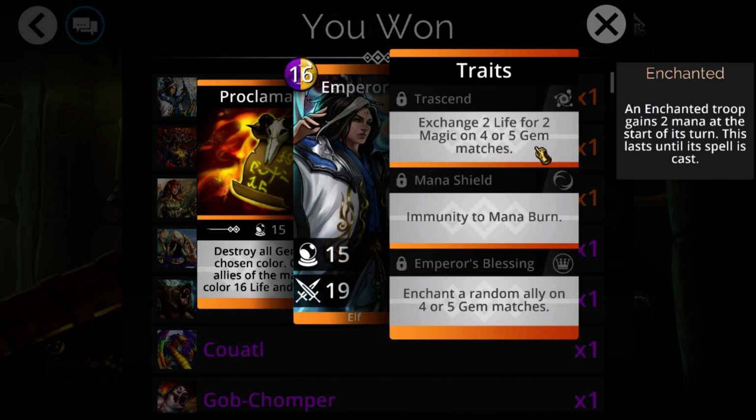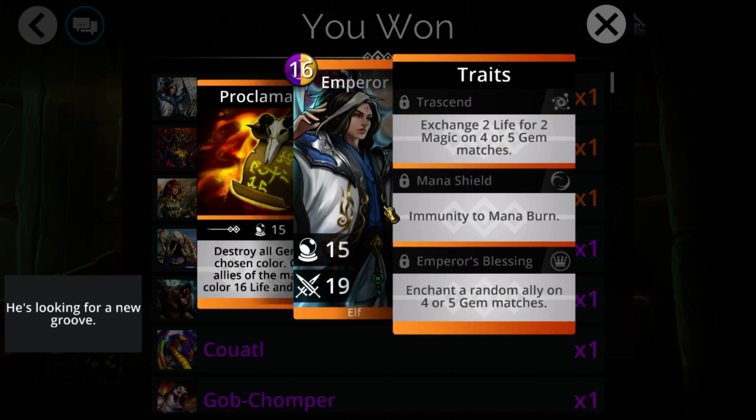One other thing to note about many of the troops in this new kingdom is they have this Transcend ability, which exchanges 2 life for 2 magic on 4 times or 5 times gem matches. I believe I'm not going to trait anything up yet. I'm not quite sure yet, because this can be quite a negative trait, even though most traits are supposed to be positive,